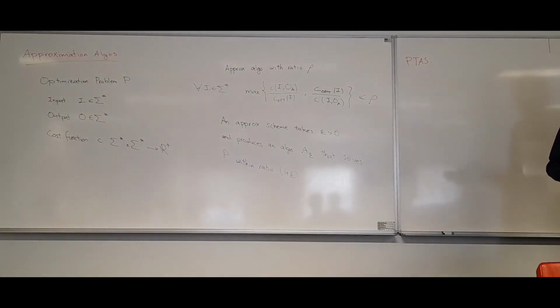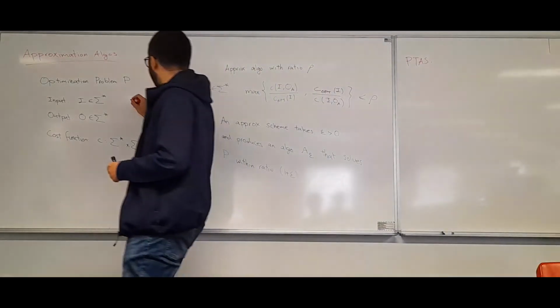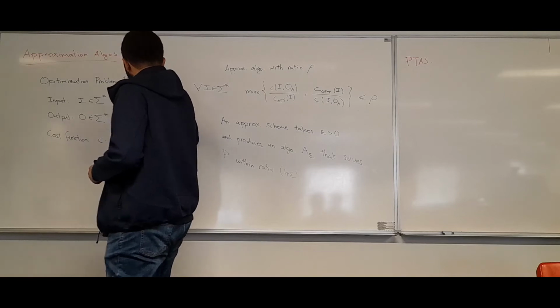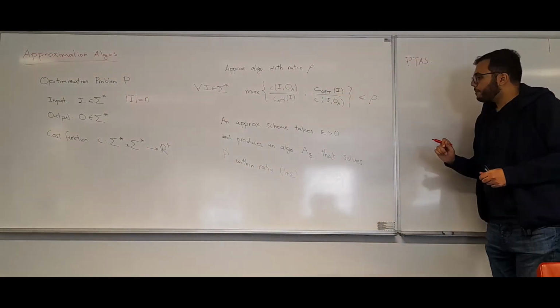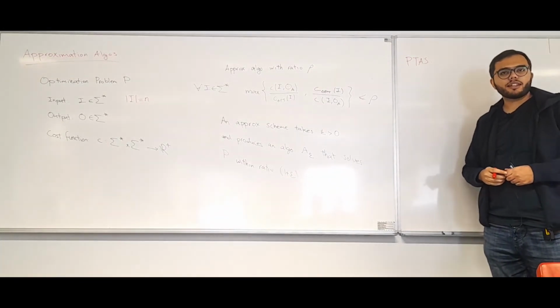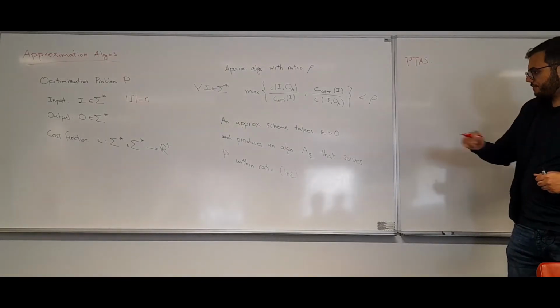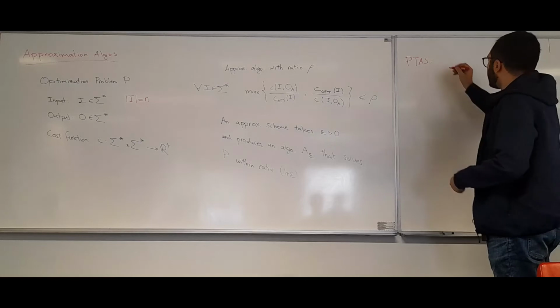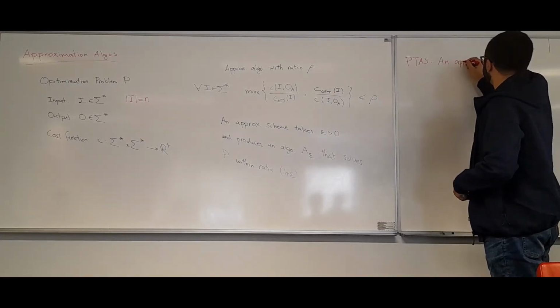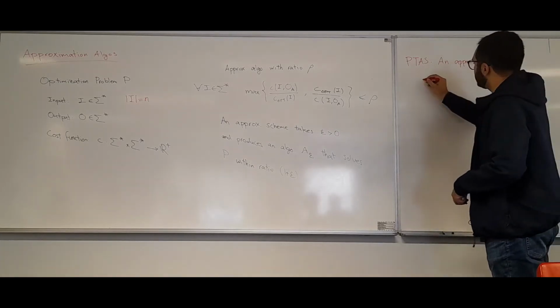But what do I mean when I say it takes polynomial time? I mean it takes polynomial time with respect to the size of the input, with respect to n. So let me just say that the size of my input is n. But it can basically have any dependence on epsilon in the same way that an XP algorithm could have any dependence on the parameters. So I want to say that an approximation scheme is a PTAS